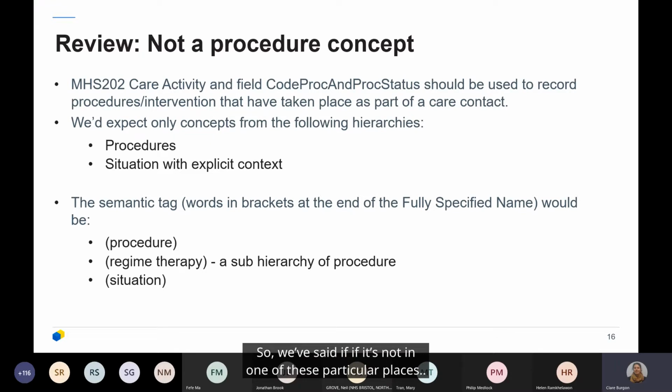So we've said if it's not in one of these particular places, then we think probably you're either in the wrong part of SNOMED, or the concept is in the wrong part of MHSDS.